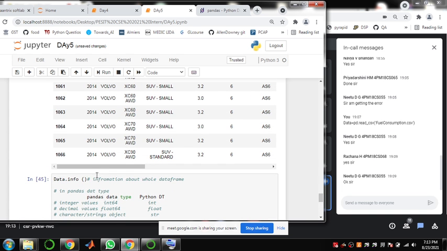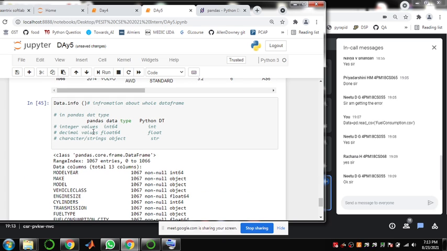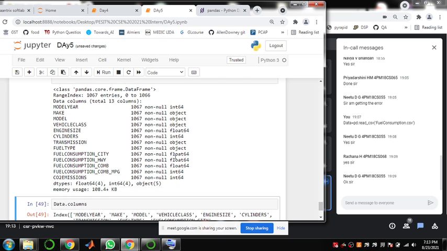Data.info will provide us the complete information, like what are the int types, float types, and string types. String type is given as object here, int is given as int64, and float values are given as float64. In this you have a total of 4 float64, 4 int64, and 5 strings, called objects, and the total memory usage.